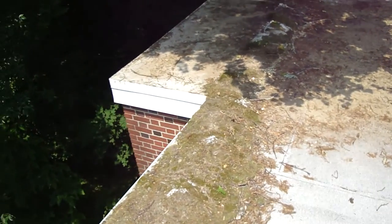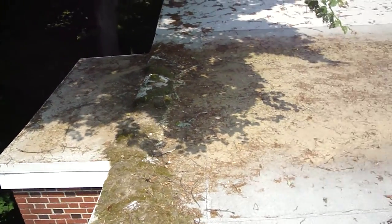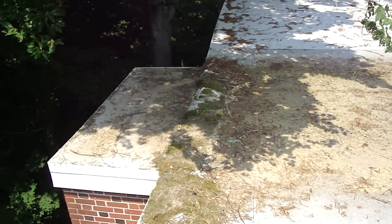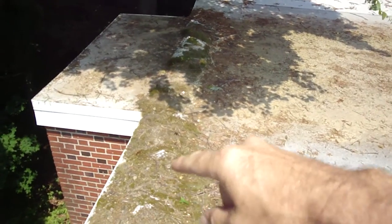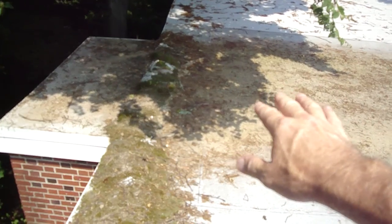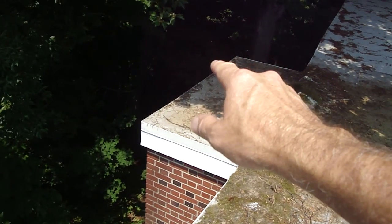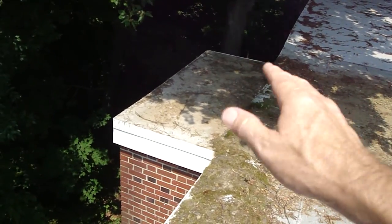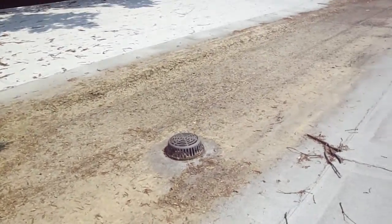You can see that this also has a little jut out at the end. It's a similar size extension on each side for a doorway. And what's been done here in the past is bags of sand have been stacked in here to try and keep this water from migrating from this ponding area out to the end where it can spill over that very low profile metal edge. That metal edge has no rise on it at all. So water just spills right over here and down the other end. Now down the other end is a more